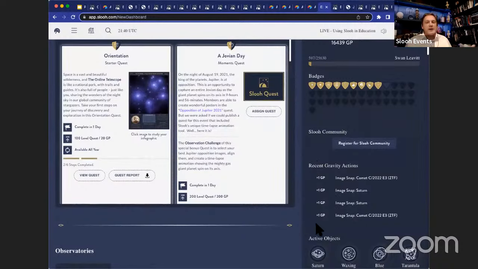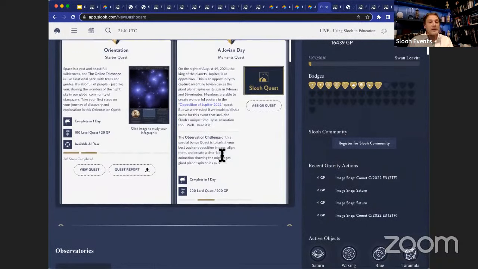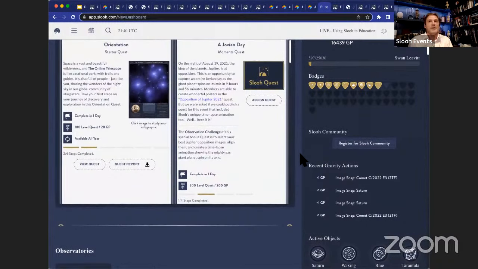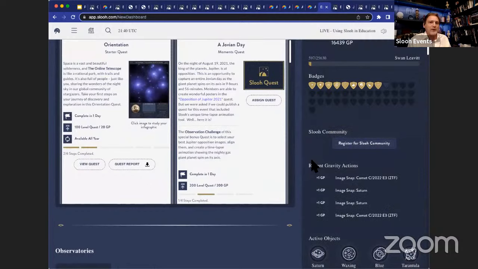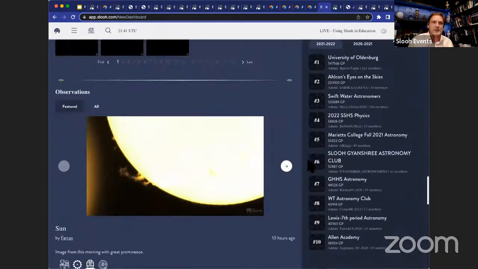But other activities like writing an observation, and especially when other members like or comment, reply to those observations, which are shared images, it shows that they're engaging the rest of the community, and shows that what they've written is probably of value. So they get more gravity points for doing things like that.